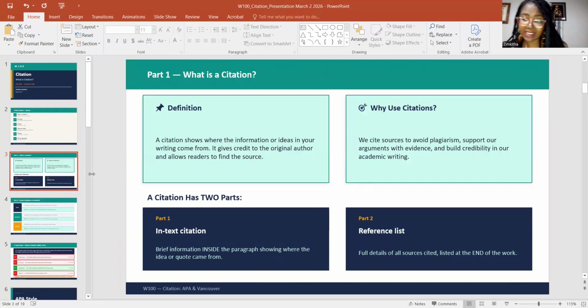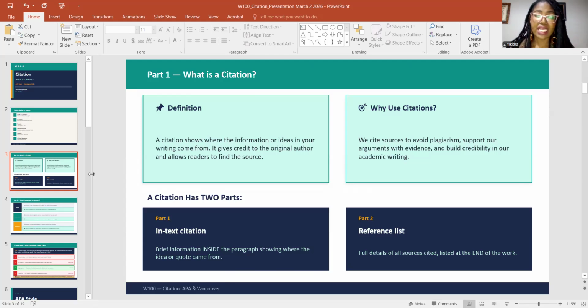You have heard me say this quite a few times in class, and that there's a great importance of you learning this because you're going to be using this in all of your classes, specifically English 101, 203. As you're progressing in your academic career, your faculty will ask you to cite information, okay? So let's look at what is citation.